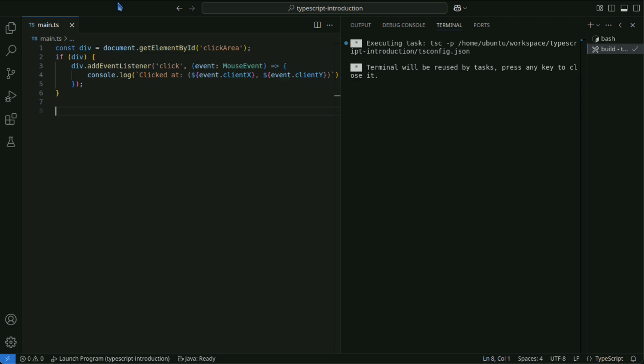The MouseEvent has the following properties. clientX is the X coordinate of the mouse pointer within the page. clientY is the Y coordinate of the mouse pointer within the page. button indicates which mouse button was pressed. 0 is the left button, 1 is the middle button, and 2 is the right button.